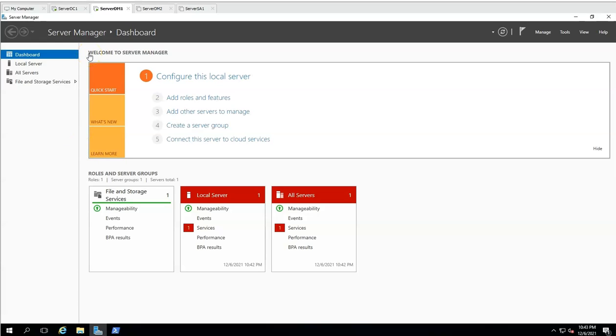Activity 9-4, we're going to be on server DM1. We're going to install the Active Directory Rights Management Service. Rights Management Service is a role in Windows Server that allows you to configure who has view, edit, and other access rights to documents. And this is something that can be done outside of the file system. So you can send the file to someone else through an email, and it'll